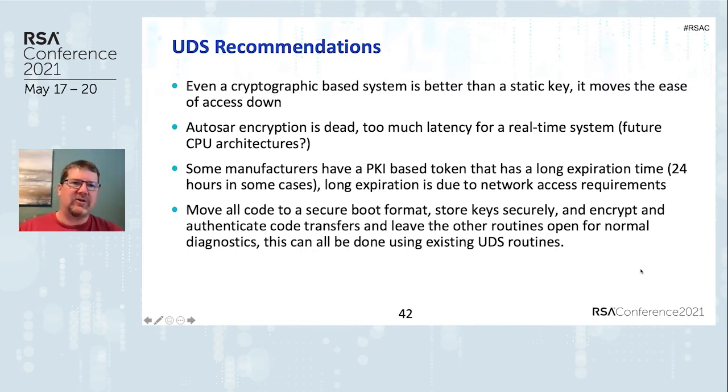But some manufacturers have actually moved to a PKI-based token. So what happens is if you have to do something really sensitive like remove miles from an odometer or something else that's a really sensitive routine, they issue a PKI-based token that has a long expiration time. So basically you get in contact with the factory, explain what you need it for. They give you a token based on something in the vehicle, some routine that they have built in, and then it'll just have a long expiration time that you have to actually make that change.